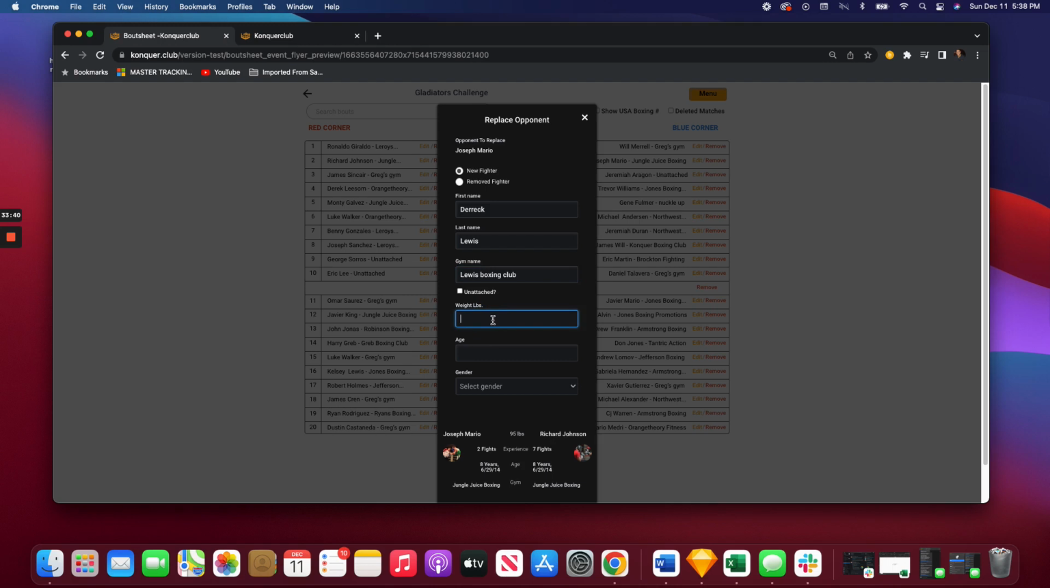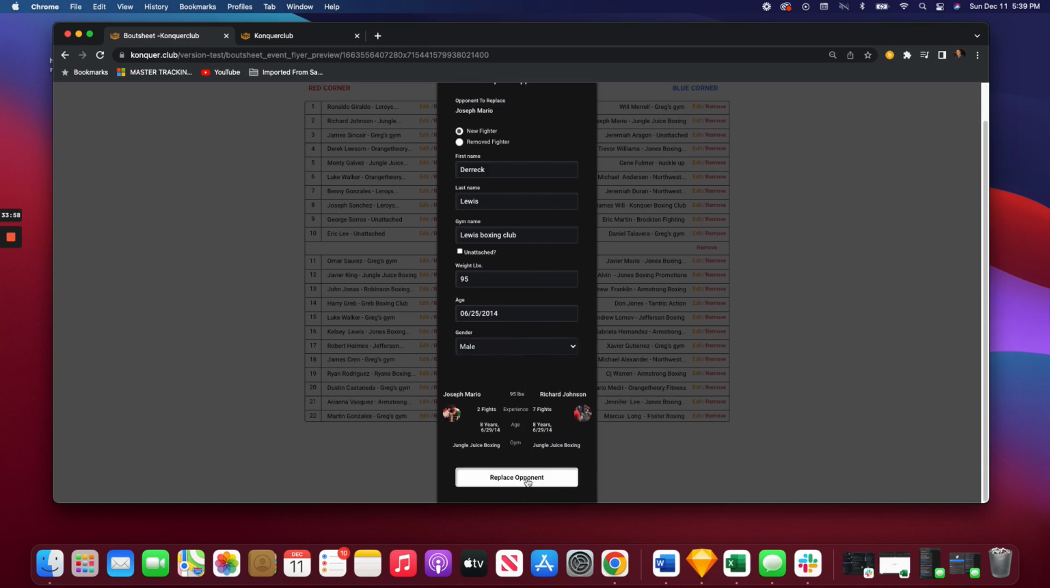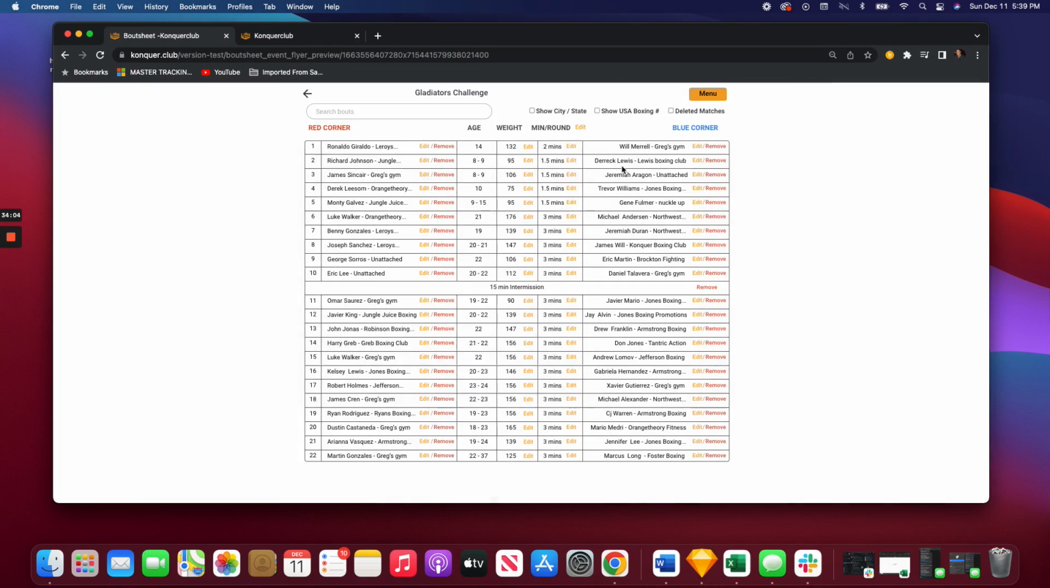Okay, now let's say he's also 95 pounds. Let's say 6, 25, 20, 14. Okay. So now I just replace the opponent, so it's going to get rid of Joseph and replace him with Lewis. Okay, so I see here Richard versus Derek, and so you can either remove one opponent,